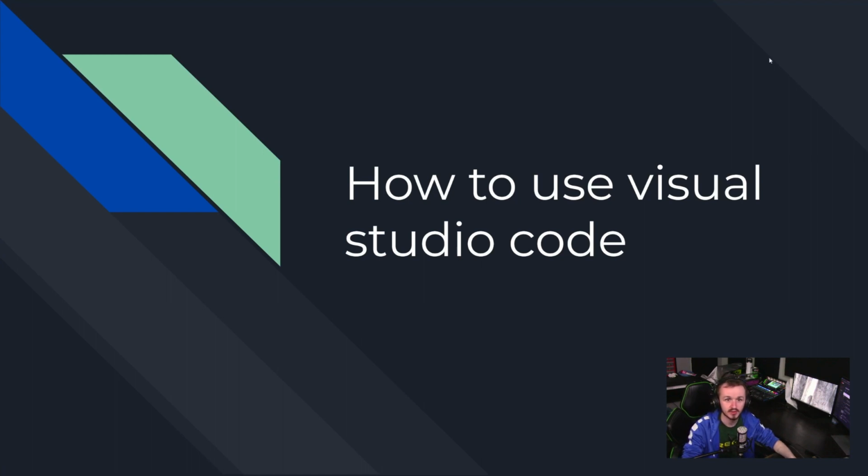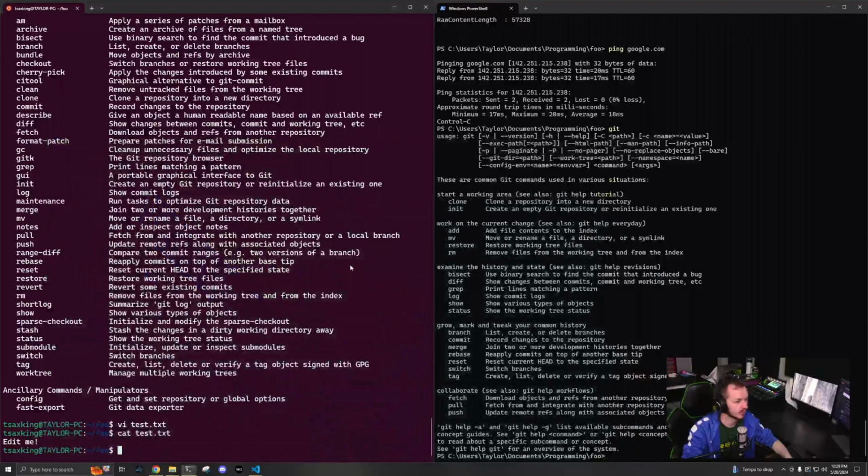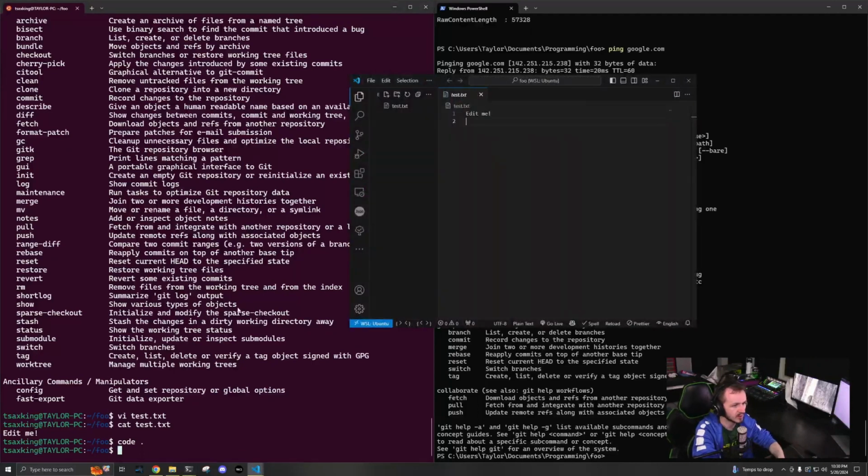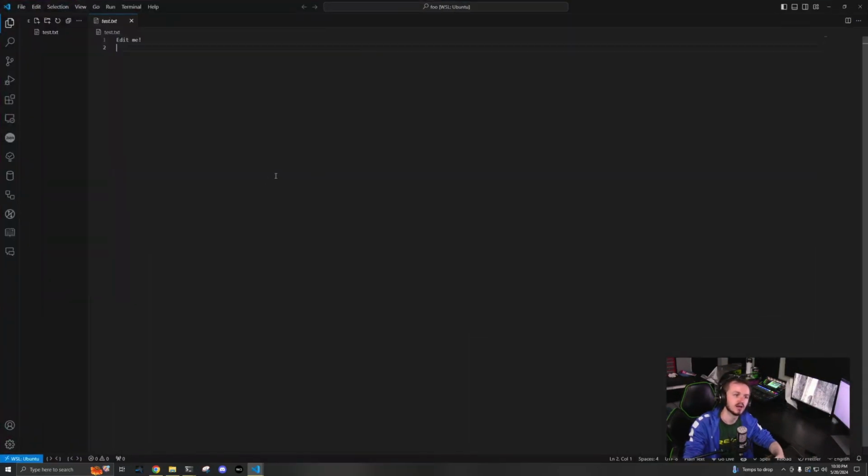So, to get into it, we are going to first just open up inside of our foo folder, code space dot, which stands for Visual Studio Code. So that's the command. Space period means opening in this directory. So code space period, open it up. All right. And you can see we have the last thing we did, which was Vim saying edit me with